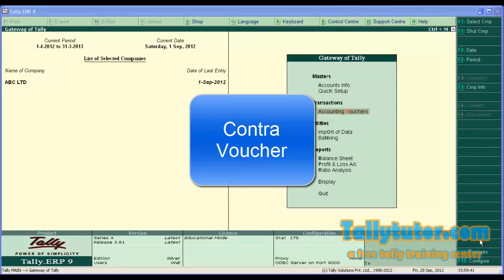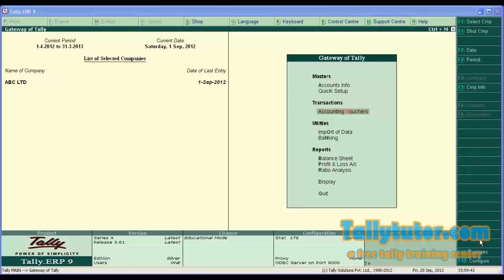As you know, Tally provides many voucher entry screens to facilitate and speed up data entry work. Today we are going to learn voucher entry in contra voucher. Contra voucher is a special voucher which is used to move funds within the company or business. The possible contra entries in accounting are